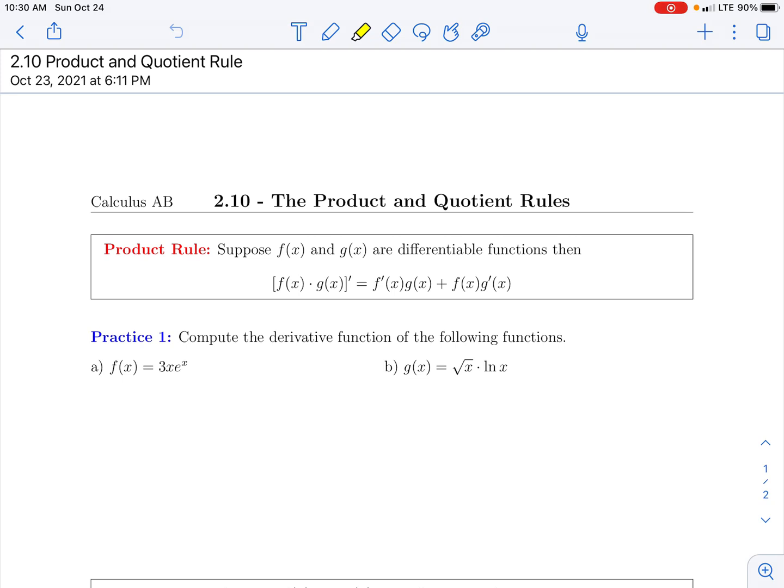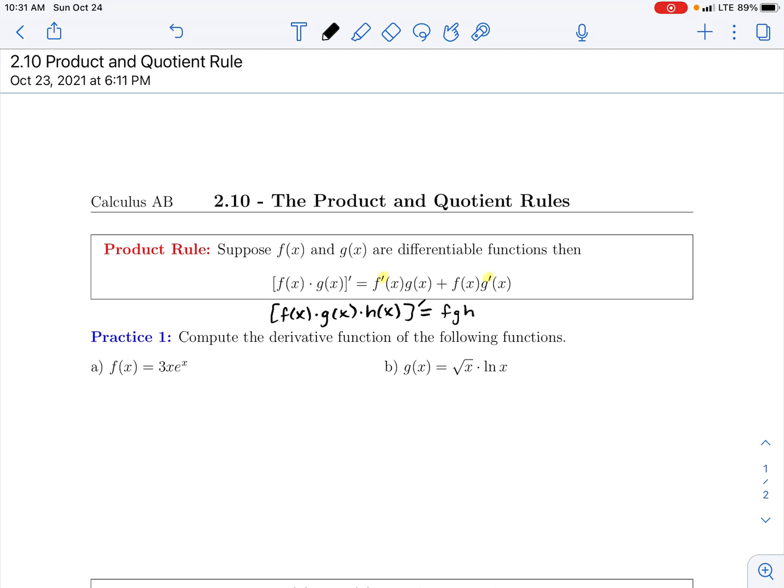of the second. Okay, and so what I notice here is that the tick marks just move, right? So it starts with the first function, and then in the second term it just moves to the second function. But otherwise you're just copying f times g plus f times g, and it's just f prime times g plus f times g prime. If I were to actually do this with the product of three functions, f times g times h, the same idea would follow suit, where I just say that it's